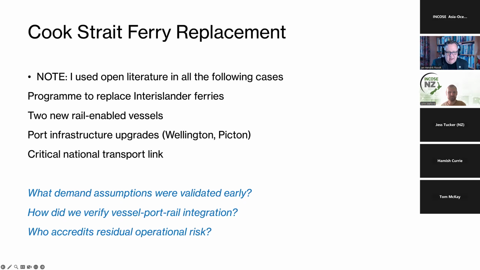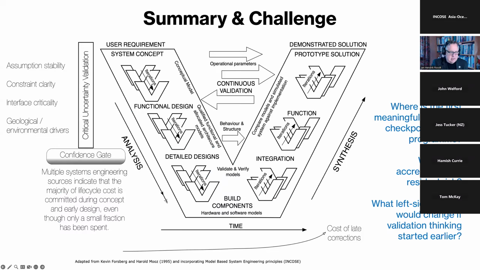So on to the last slide, while we have the last bits of our sandwiches, I guess. What I did here was to say, okay, if I look at the V and summarize what I've been talking about, then I'm basically saying if the validation waits for the right side of the V, then the risk has already been embedded on the left. So the three questions I have for the room are, when you look on the left-hand side, I've summarized what happens there. We have almost like a confidence gate before we move into the detailed design.